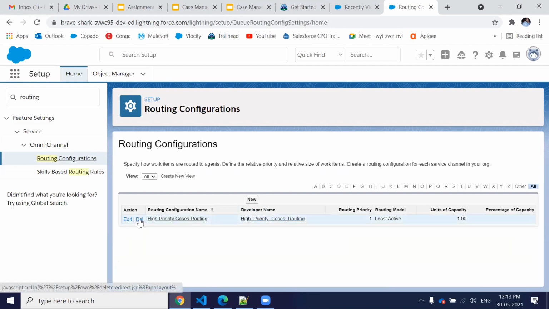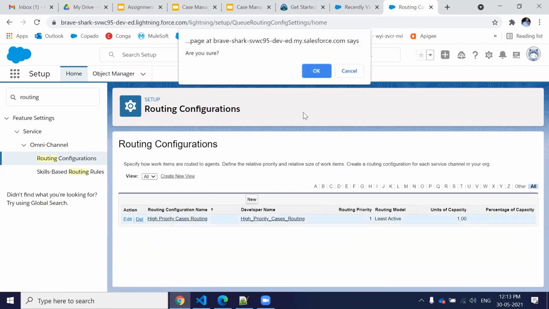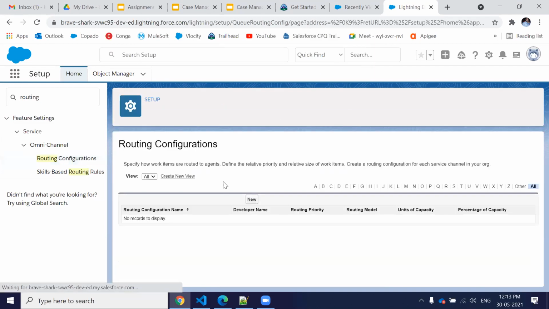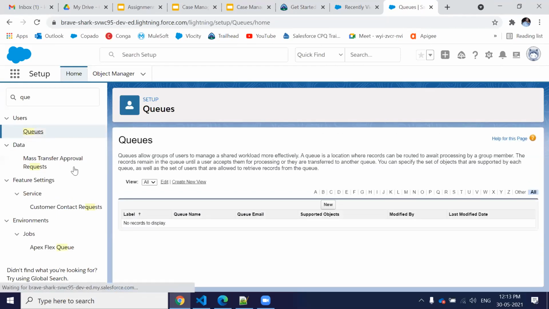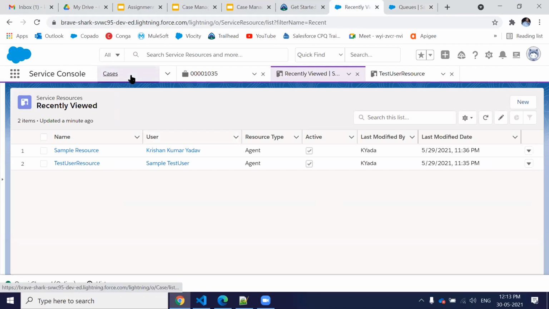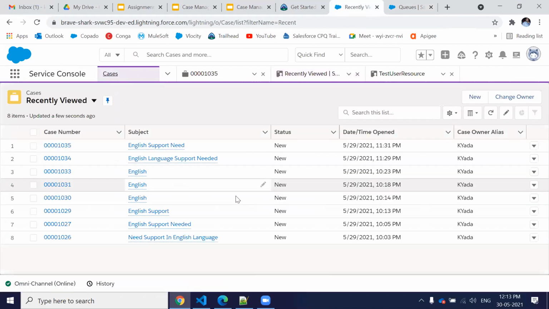So I have to delete this routing configuration. Let's just delete this thing. And if you have a queue, also delete that, and we'll see what is happening. So no queue, no routing. Let's just go to the case, make it online.